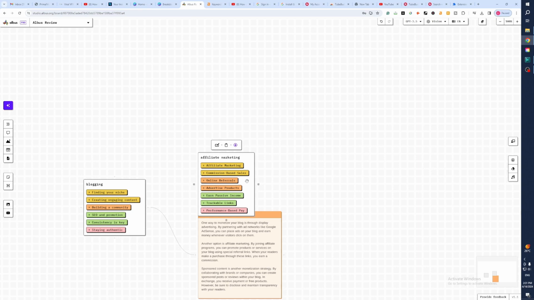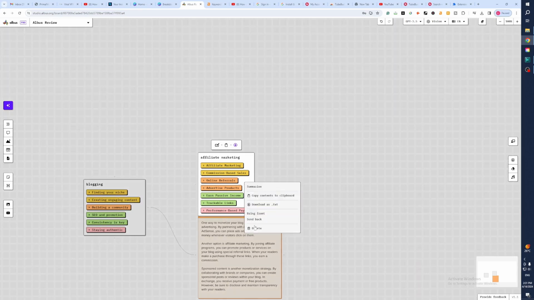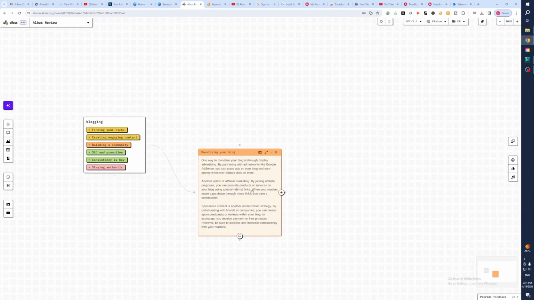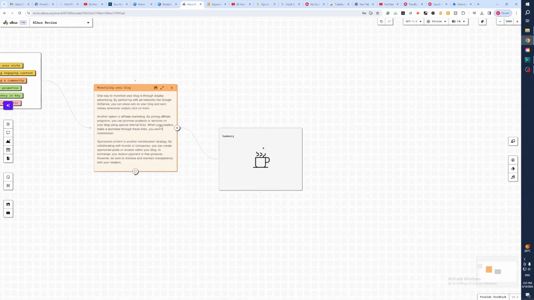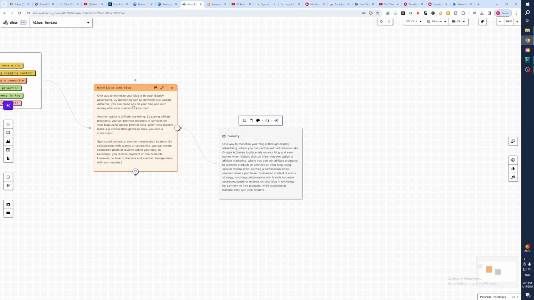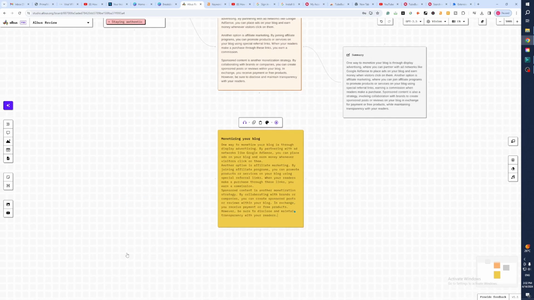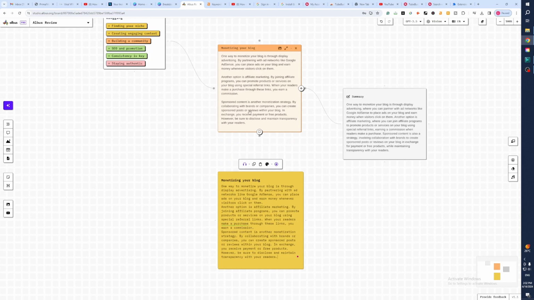Now, if you want to remove something, you just right click and press delete. So going back here, if you click on the note, you can see all of the options you have. Now, if I wanted to summarize this 3 paragraphs, the summary would give me a paragraph on those 3 paragraphs. And I could write an editable note. So if I wanted to add to what was said here, I could just